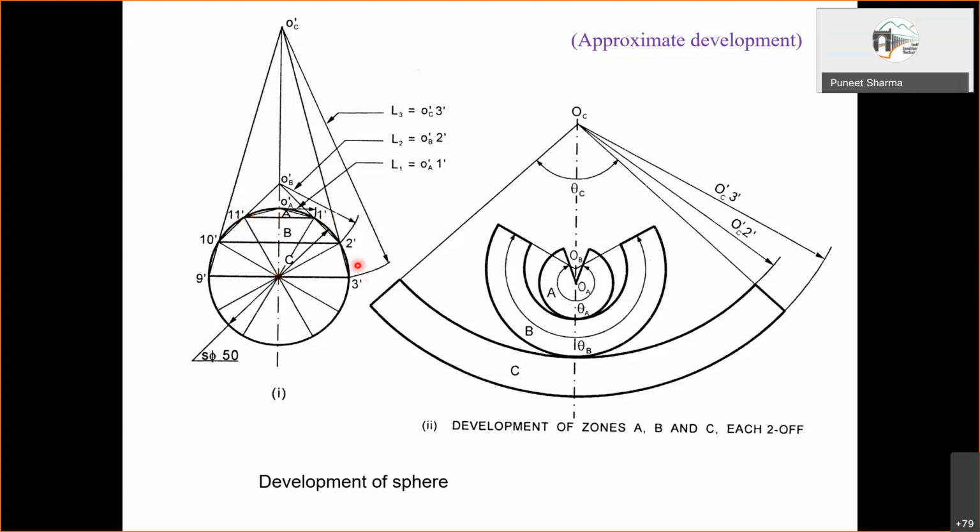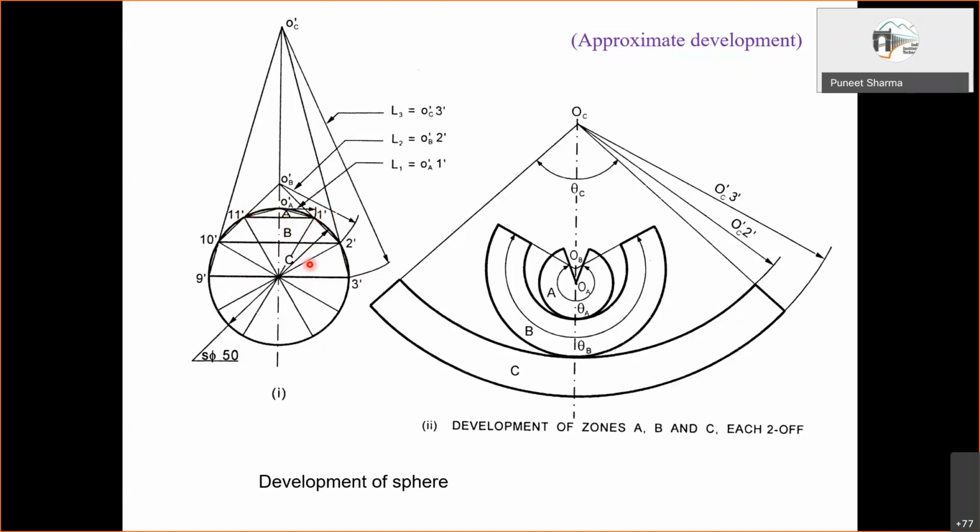Say if I simply cut it across this diametric line, then what will happen? I will have half the sphere, a hemisphere, right? The upper part will be half of the sphere. So only that half has been considered here, and for that half, we have considered these three different zones. So one slice we are making from here, another from here, another from here. So A, B, and C represent three segments of this.